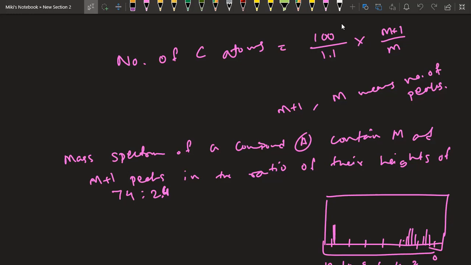So a question was given. This was the first question of this topic, which was mass spectrometry or mass spectrum. The question was something like, mass spectrum of a compound A contains M and M plus 1 peaks in the ratio of their heights. Now what do M and M plus 1 mean? M and M plus 1 means, as they have mentioned here, the number of carbon. It is actually the ratio of,